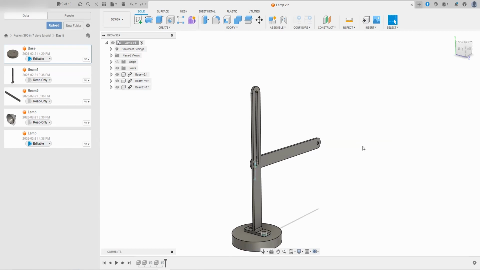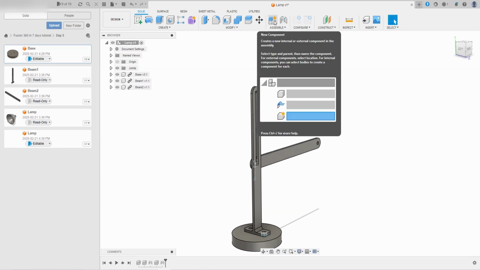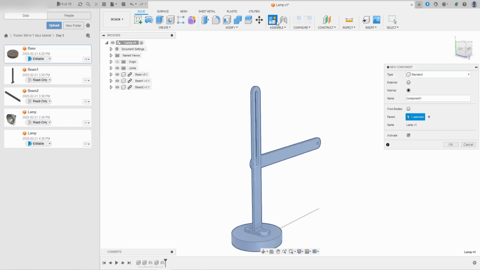Oh shoot, you realize that while you're assembling your components, you're actually missing a component in order to complete your assembly. No problem, because we can actually insert a blank environment in order to create components right inside this assembly environment. To do this, we will press on the button beside the joint command, which if we hover it says new component. The type of component will be standard, and the type of component we will create is an internal component,